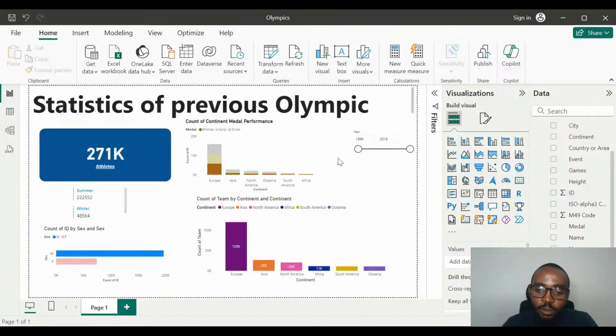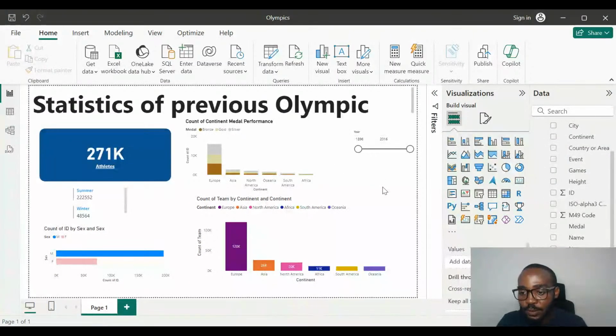Okay, now, based on the fact that we did not limit this other chart here to the filters, if I select the male, for instance, nothing is really happening. But if I click on Europe here, see how Europe is the only thing highlighted here. But I'm just going to click out of it and have another visual that I can use to